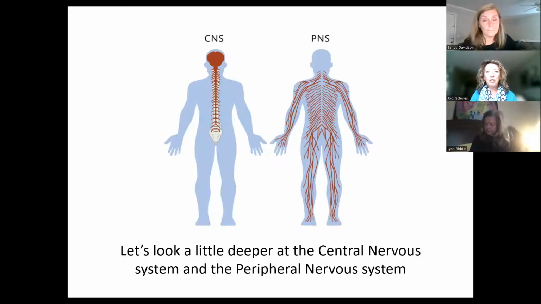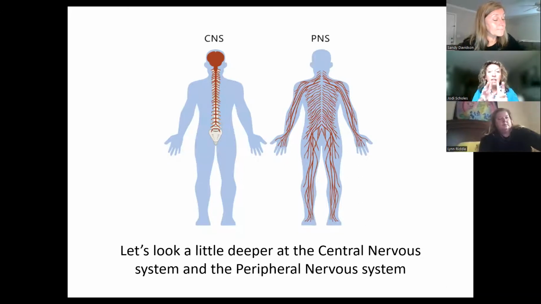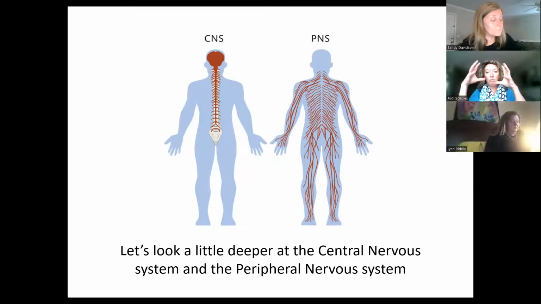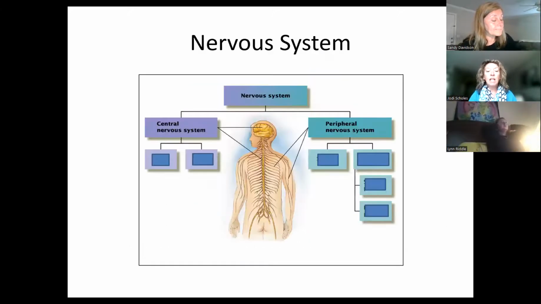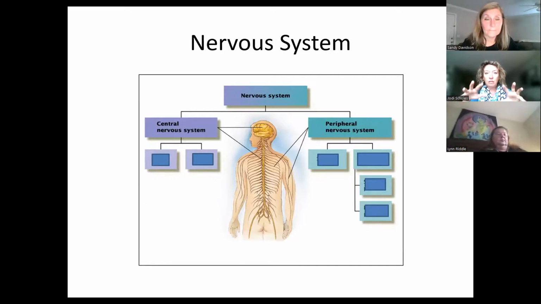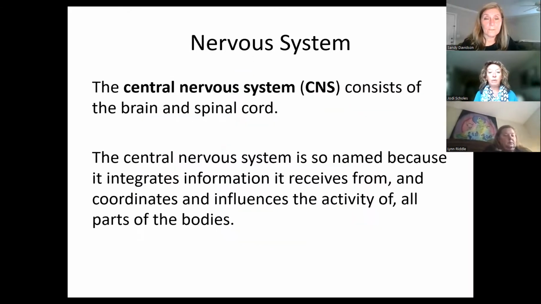So the central nervous system is our brain and spinal cord. The peripheral nervous system is everything else that tracks out of there. So brain and spinal cord, peripheral nervous system. And so we have those two sections, but those are also divided into different parts of that. So in the central nervous system, we mentioned it's the brain and the spinal cord.